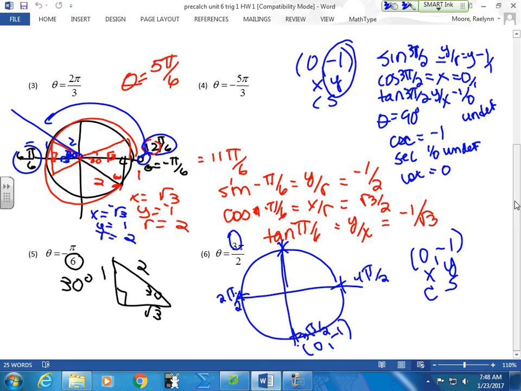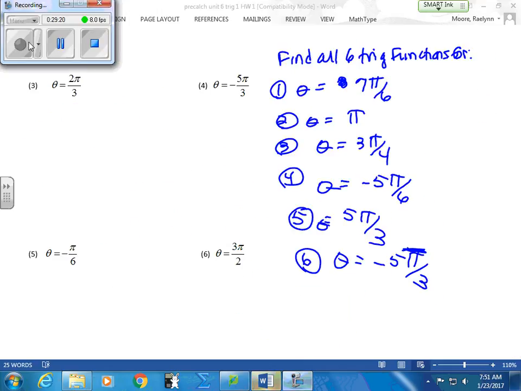Yes? Are we making a list? So I want you to kind of do exactly what we did today. I want you to get very, very comfortable with your special right triangles. Agree? And I want you to find all 6 exact trig functions the same way we did today for all of these angles. They all work off your special triangle. I cannot ask you to do an exact value of something that's not a special triangle or a quadrant. We don't have any other angles but these. So write these down and give me all